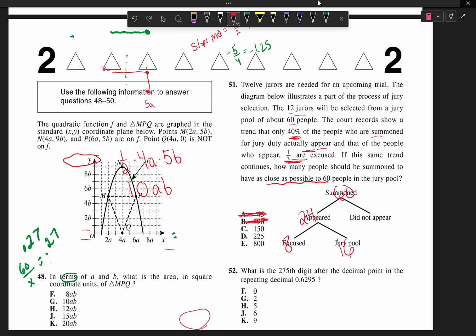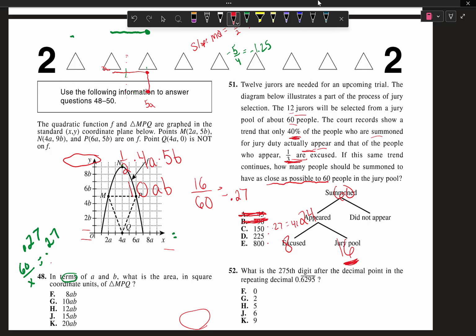So what percentage is that? 16 we end up with divided by 60. 16 divided by 60 is 0.27. So they're saying 27% of the original number. That gives us what our jury pool is going to be. So what I would do is I would take each one of these answer choices and multiply it by 0.27. 150 times 0.27